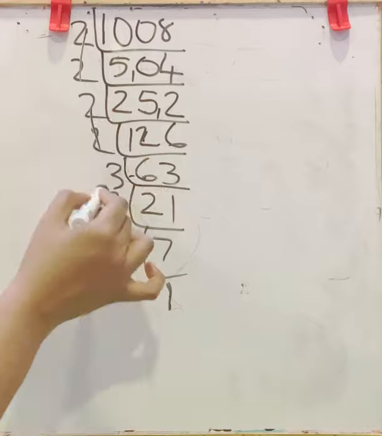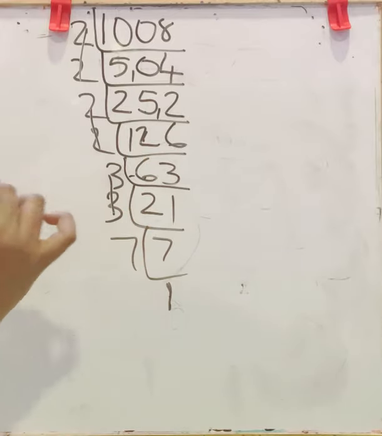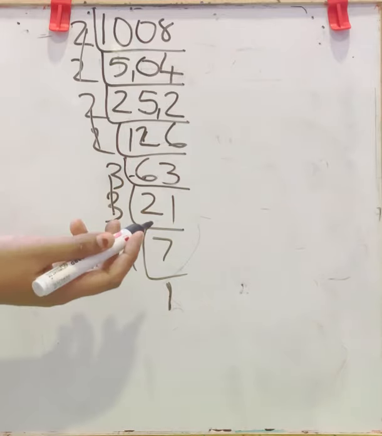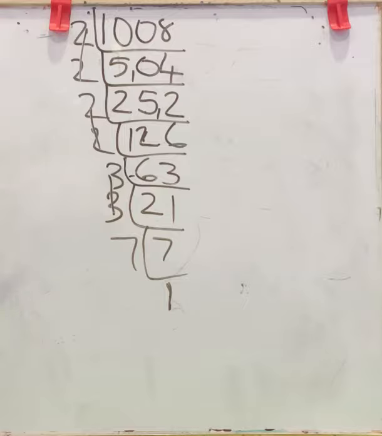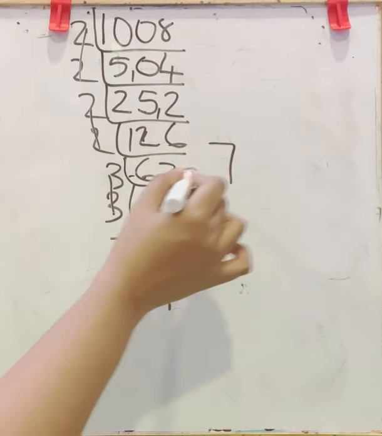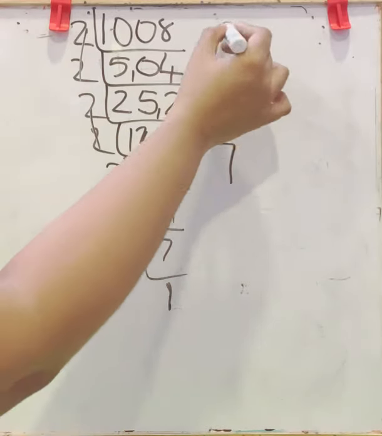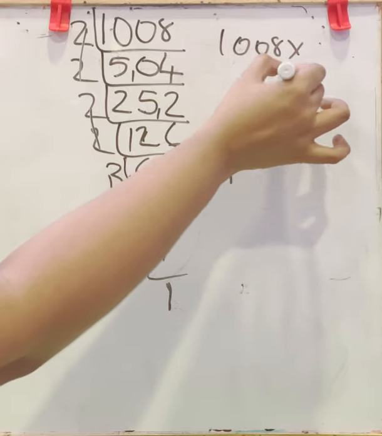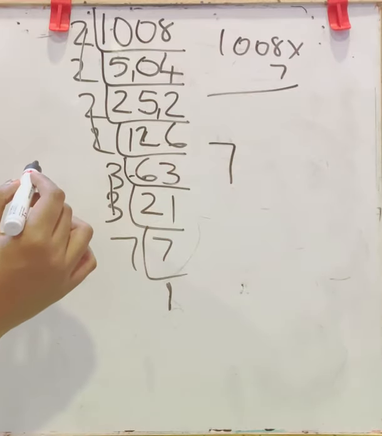Here you have pairs for 2 and 3, but for 7 you don't have a pair. Which number should be multiplied to make it a perfect square? A pair of 7 is missing. So 7 should be multiplied to this given number. So 1008 into 7. What is the result? 1008 into 7 is